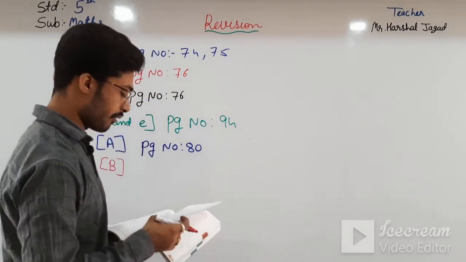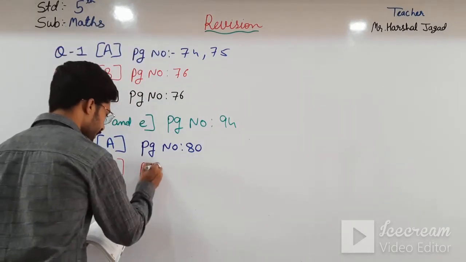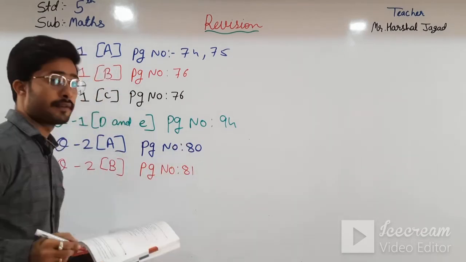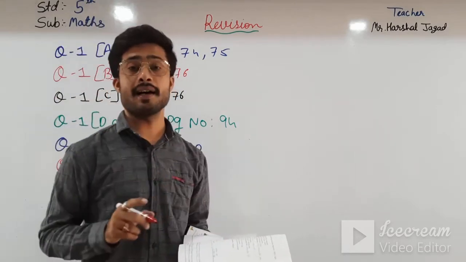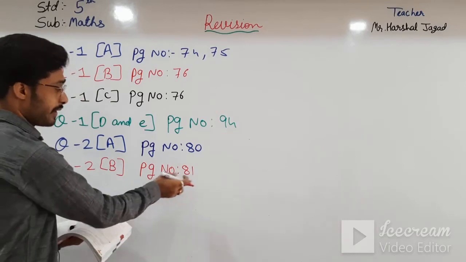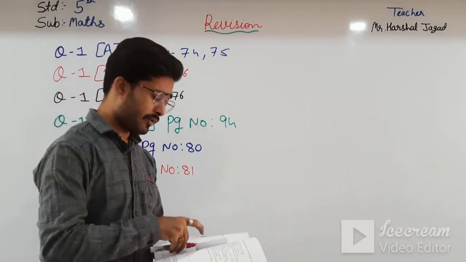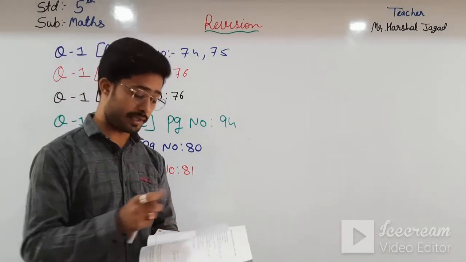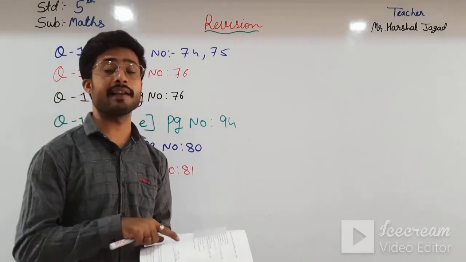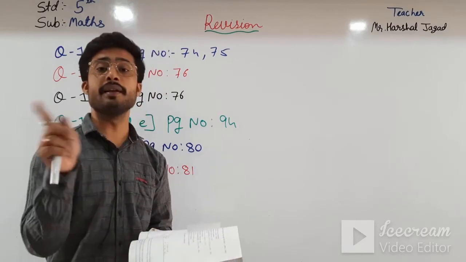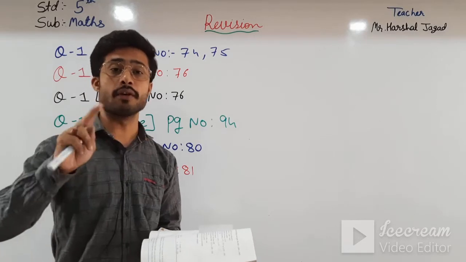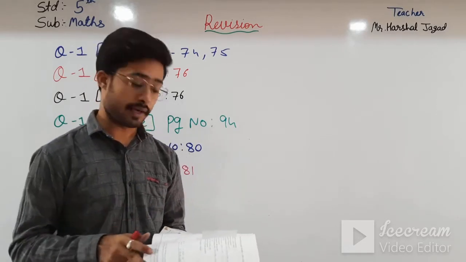It can be asked from page number 81. This type of sum will be asked, as it is on page number 81. Okay students, here in exercise 2.3, like sums will be asked. I am repeating again, it will not be exactly these sums from this only. I have just changed a few of the values of it. Okay students,